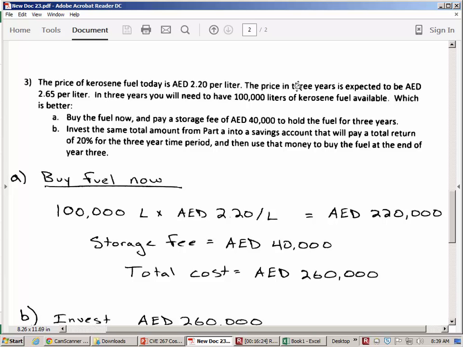Or if there's a problem where at the end of a certain number of years they're selling the equipment. Do you remember the in-class exercise from Thursday where a business owner is buying a machine, using it for some years, and then selling it? Selling it for 50,000 dirhams at the end of the 6th year. Well, what guarantee is there that you're going to receive that amount for a used piece of equipment in 6 years? So you should always be very skeptical when people tell you how much something will cost in the future